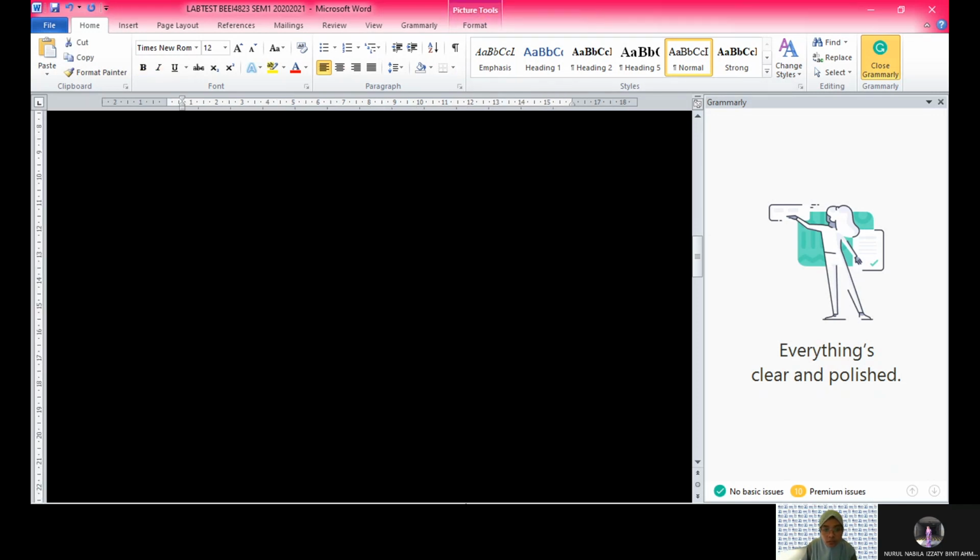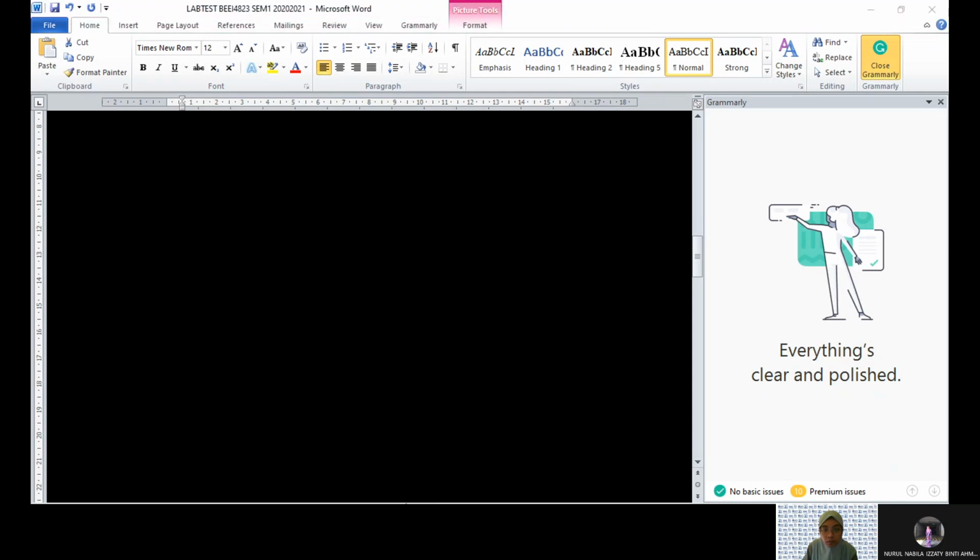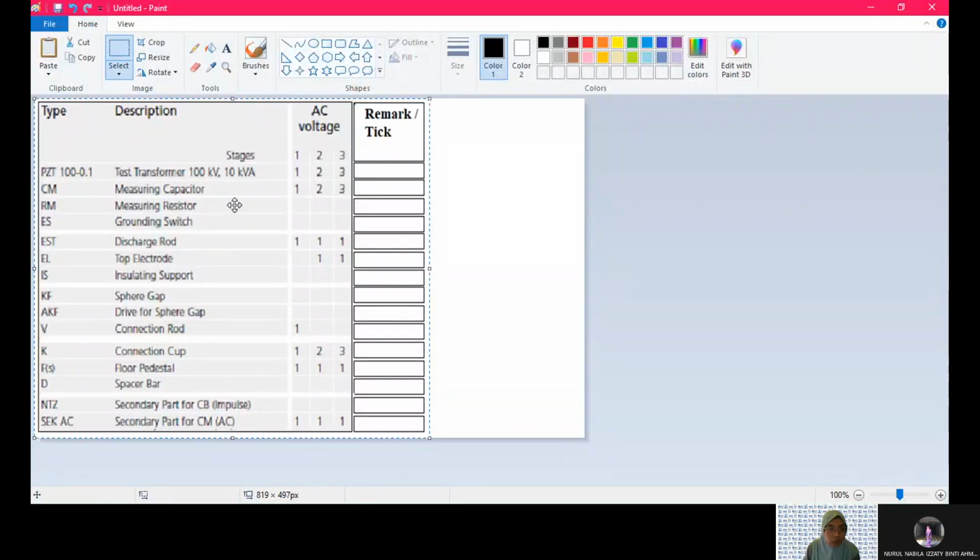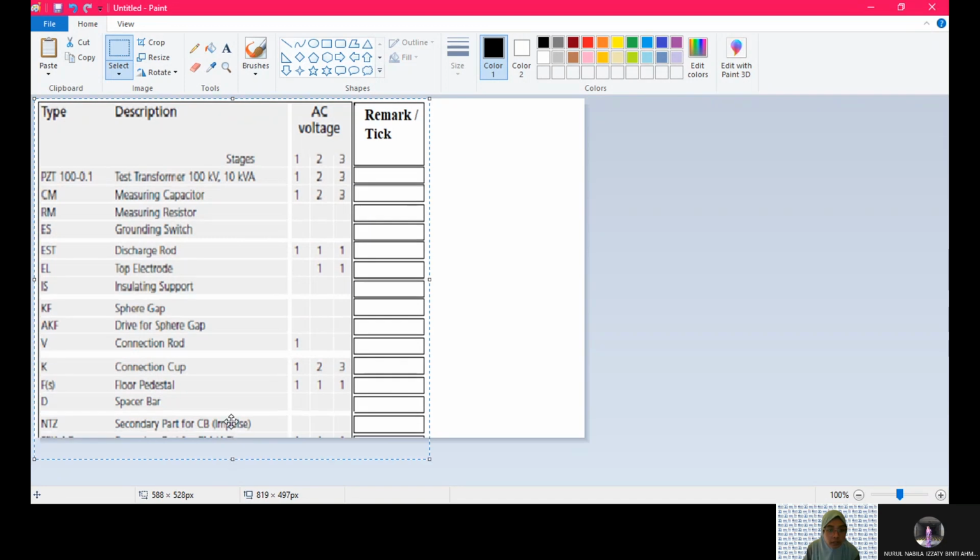So we're going to use this in the bin. Okay. So the correct apparatus